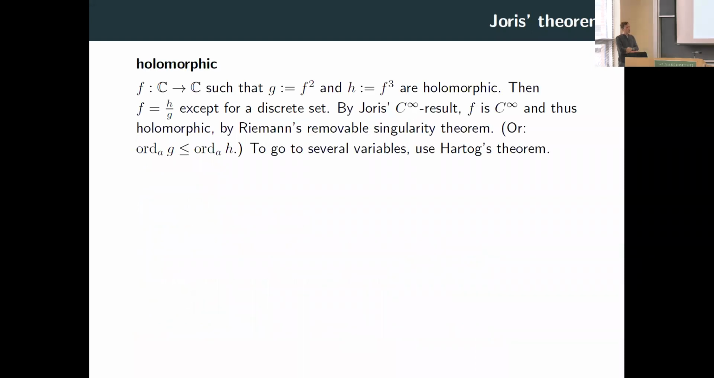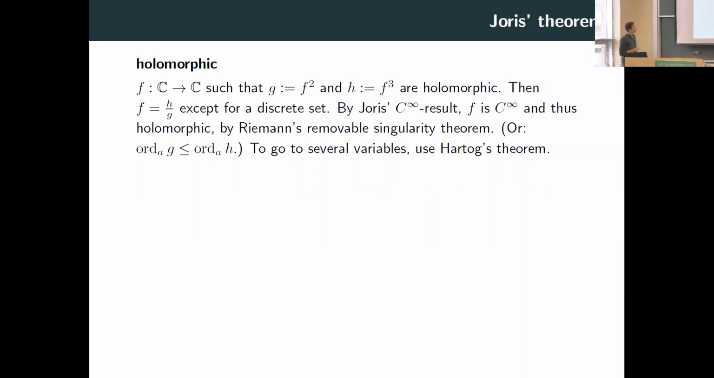So first to the holomorphic setting. Okay, first let me focus on the one-dimensional case. So the domain is just the complex plane. And let us suppose that we have a function f such that the square of the function and the cube of the function are holomorphic. Well, then we can take the quotient h divided by g, and this turns out to